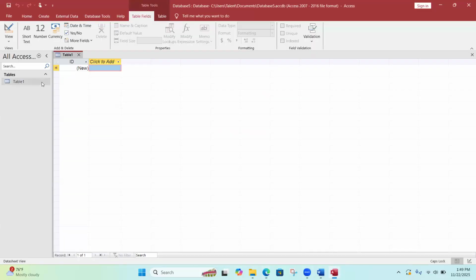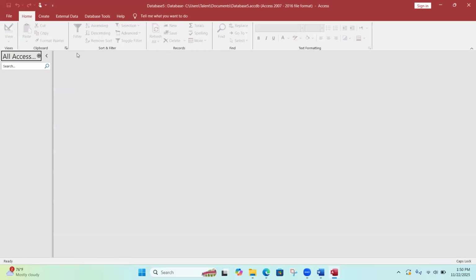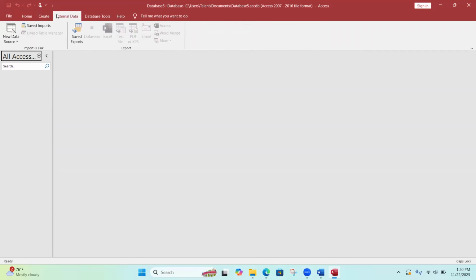When we open our database, a default table will be there. So we just have to close it so that we can just import a new table into our database, right? So new data source